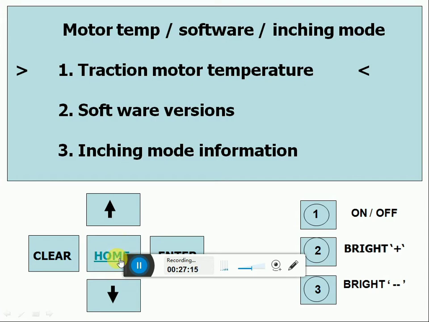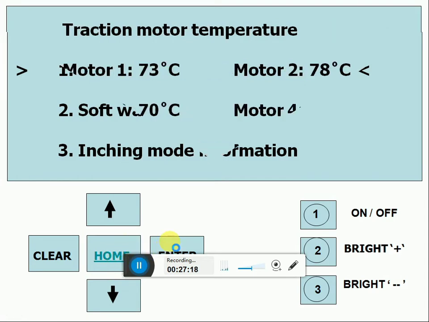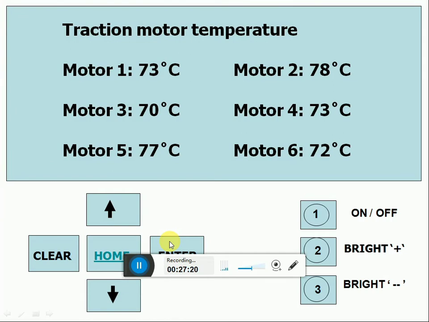Now if we select traction motor temperature and enter, each traction motor temperature we can see through the sensor cables available for a traction motor. We are having 5 cables: R, Y, B, neutral and temperature sensor cables. Through the temperature sensor cables we can know the temperature of each traction motor.